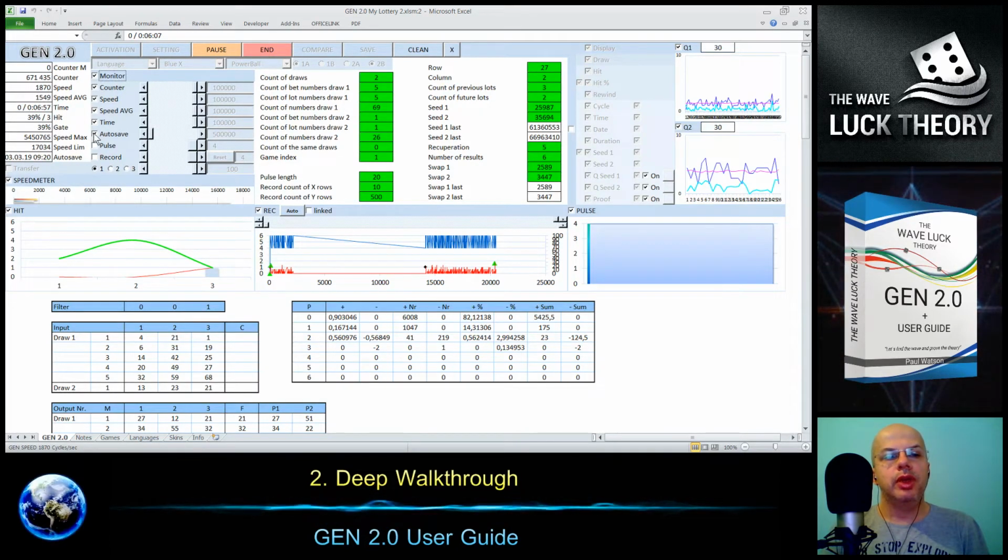Then we have the autosave I already showed here, and it's saved, at this moment, after every 500,000 cycles. We first saved at this date, the 3rd of March 2019 at 9:20 in the morning.